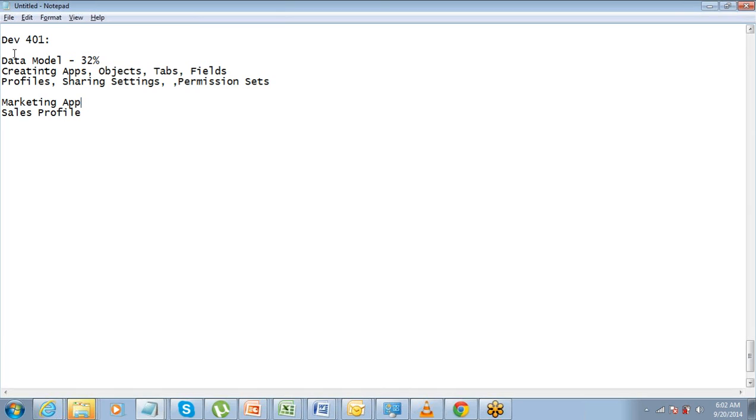Now if I disable marketing app from the sales profile, will the users of that profile still get to see the tabs under that app?